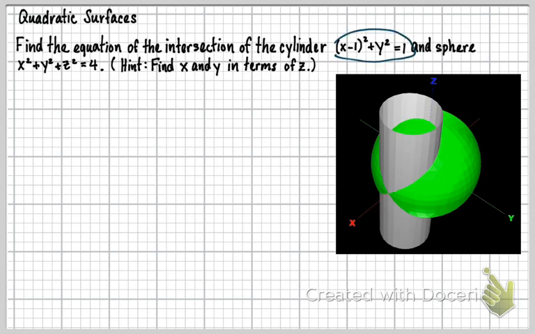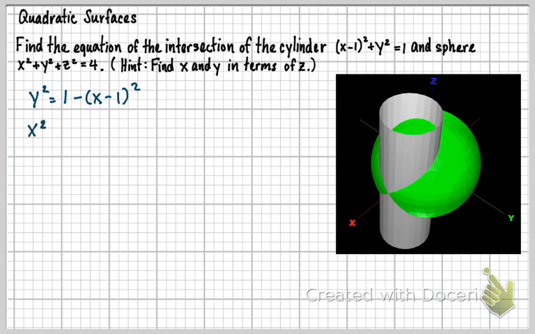equation here and solve it for either x squared or y squared. So I'll solve it for y squared first. So I would end up with y squared equals 1 minus (x − 1) squared. Okay, now what I'm going to do with this is sub it into the other equation for y squared. And this will give me